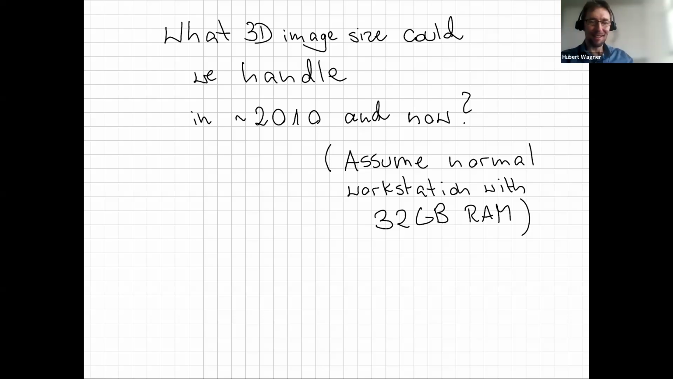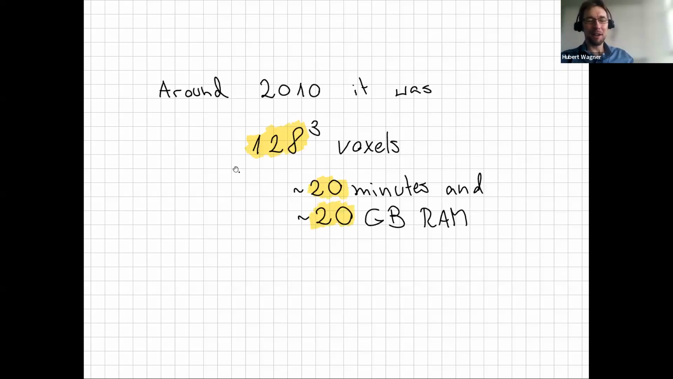In the chat, Astrid has a guess. She guesses 50 by 50 by 50 in 2010. Yeah, I see it. I think this is a good guess. Both guesses are good. So I checked some of the literature, and something around 100 cubed, essentially a million